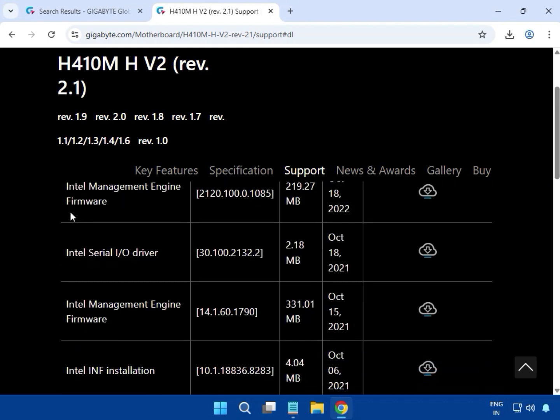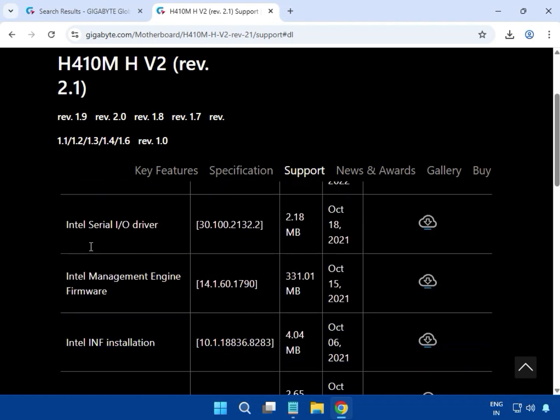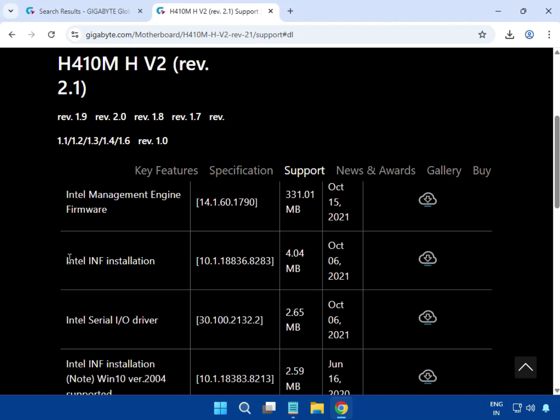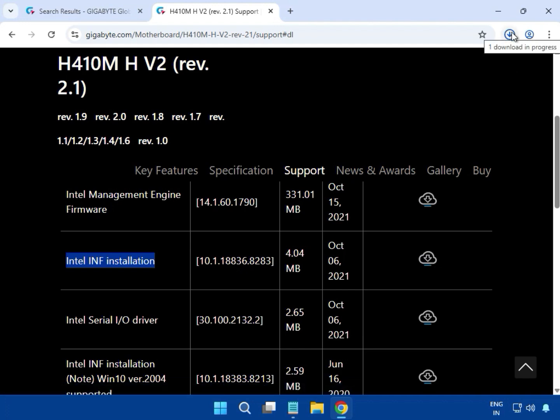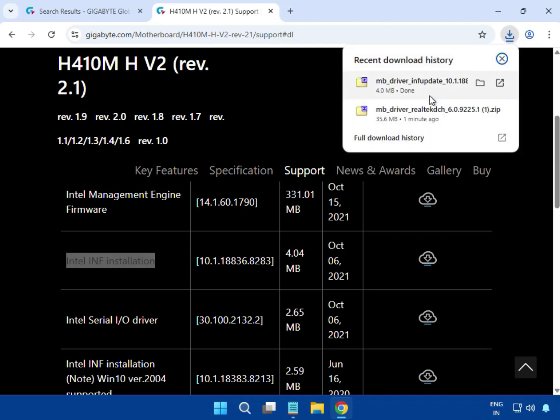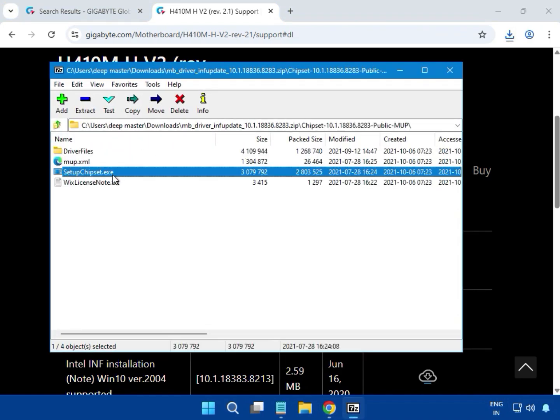Chipset driver. So this one, try to install. Just click to download. Complete, then double click to open. This is the setup chipset exe. Double click,